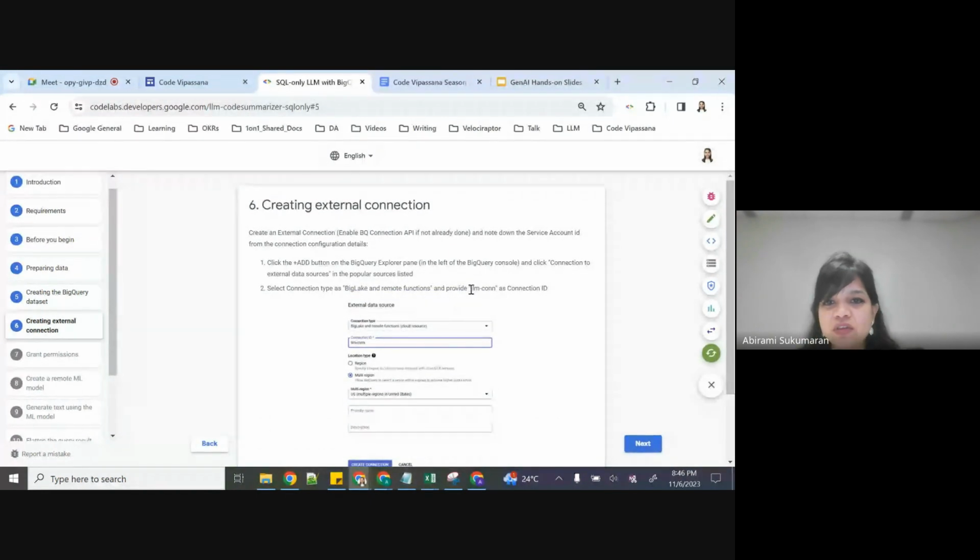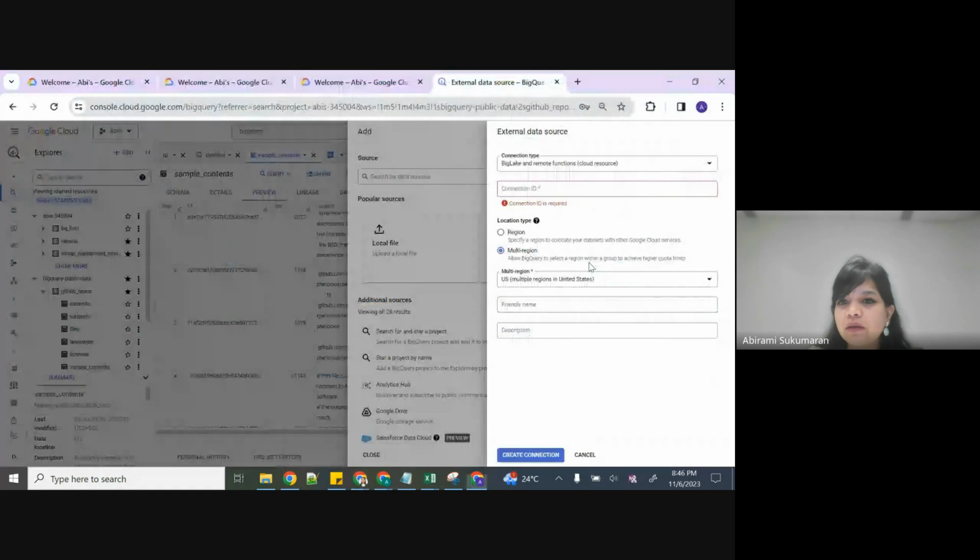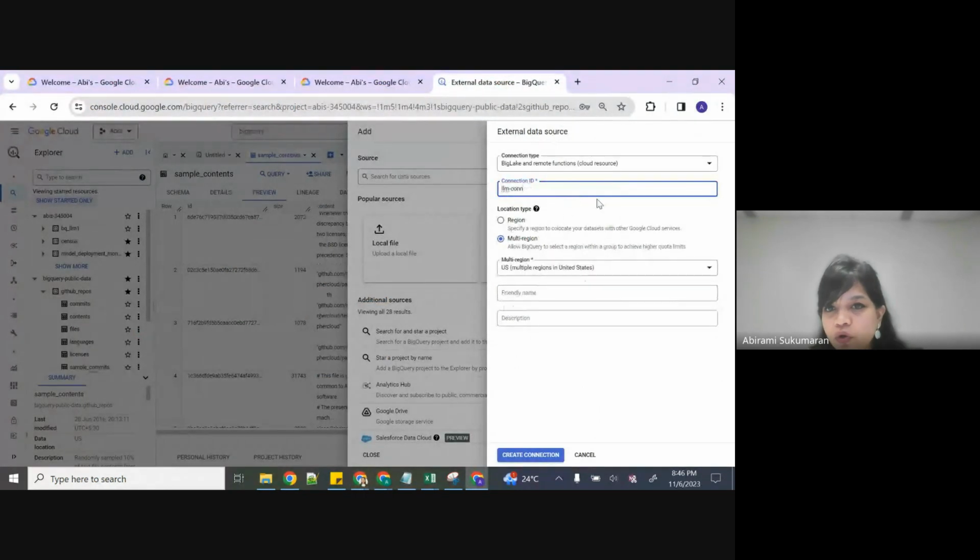So just take the same connection ID that I've provided in the code lab, which is LLM-con. Lise, if you can just paste that in the chat, it'll be great. LLM-con. So I'm going to put the connection ID here. In my case, the connection ID is already there, so I'm going to just create another one. But don't worry, you just paste what is there in the chat and in the code lab, which is